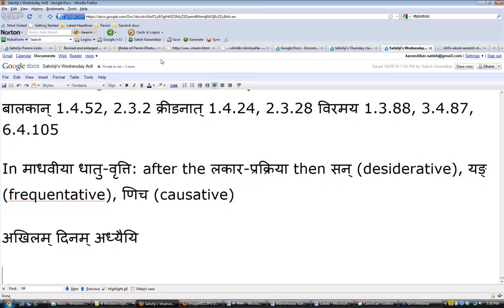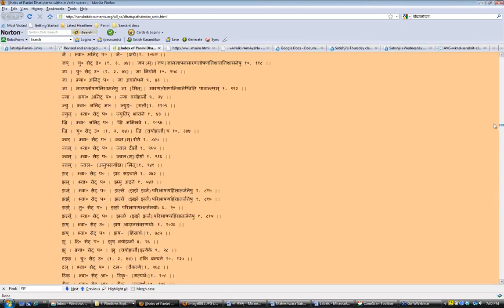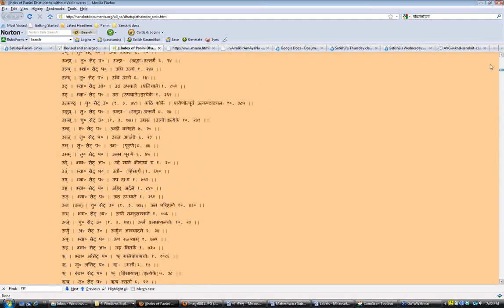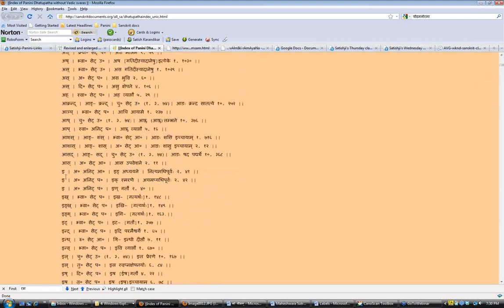Let's go to a dhatu part if I can find it for you. It says ing adhyane, ik smarane, and ik smarane is very rarely used. The two main ones are ing adhyane and in gatau. Let's go there for a second. Dhatu Patha. Okay, ing, yeah, look at these three dhatus.